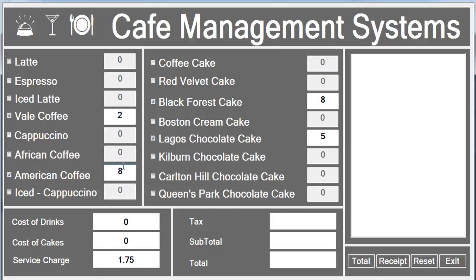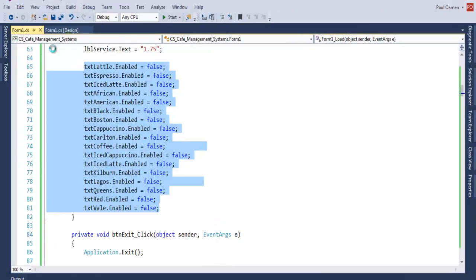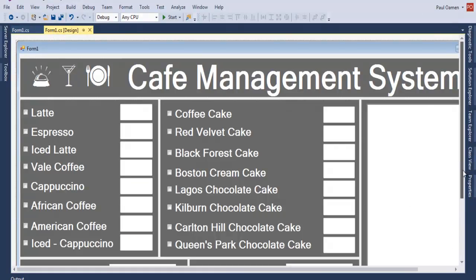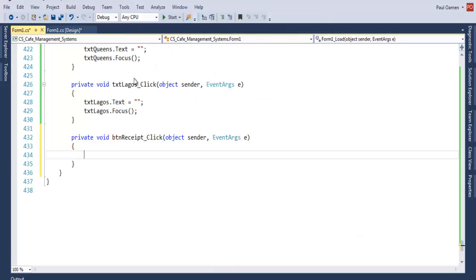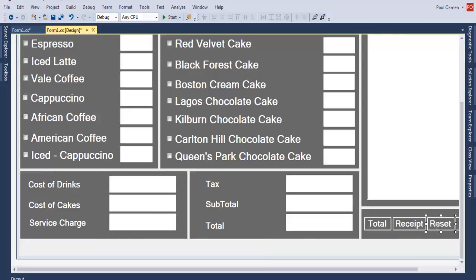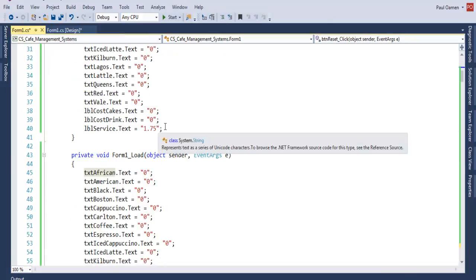Okay, there, right. So if I uncheck, the other thing that we need to consider is supposing the end user just mistakenly clicks on reset. You see, these checks are all still there, so we need to uncheck them. So let's take care of that, and we can call it the end of the second part of this tutorial. So let's come down in here, double click, no, that's not the receipt, double click on the reset, and right there,